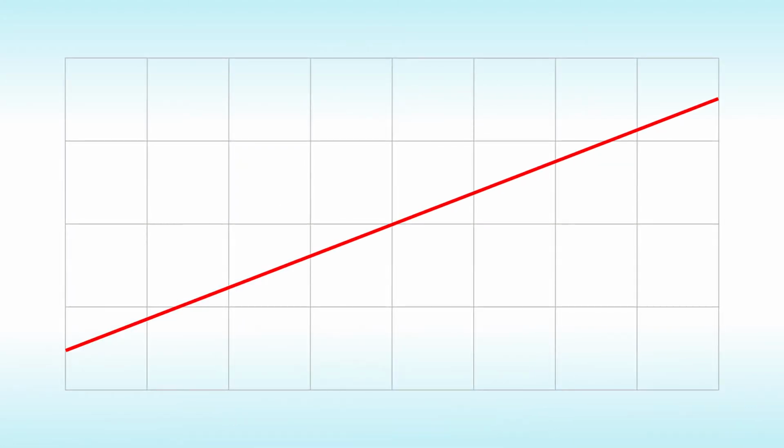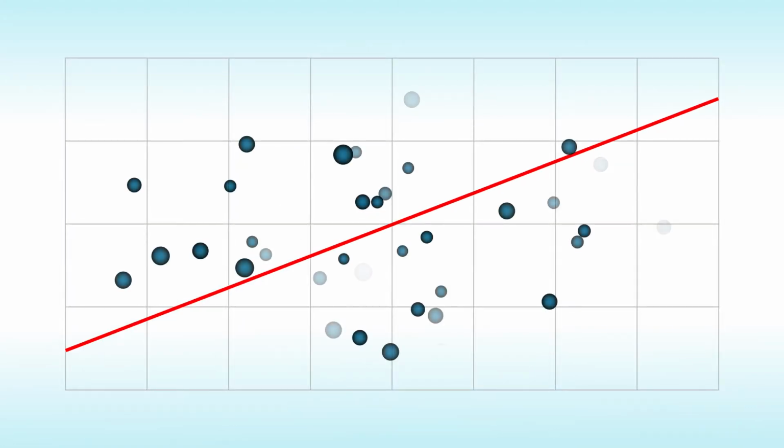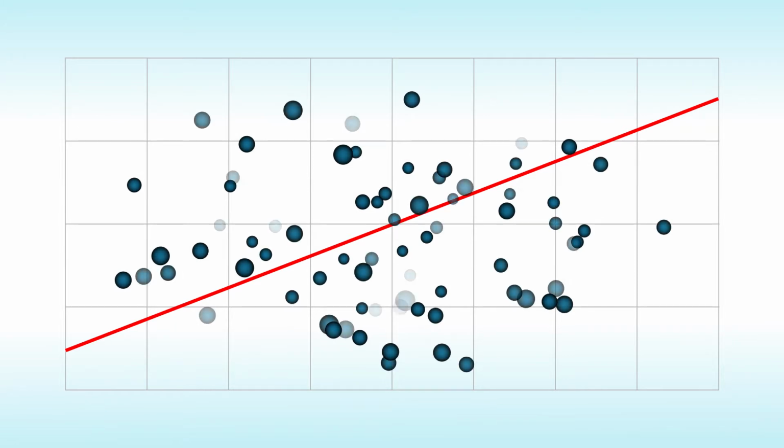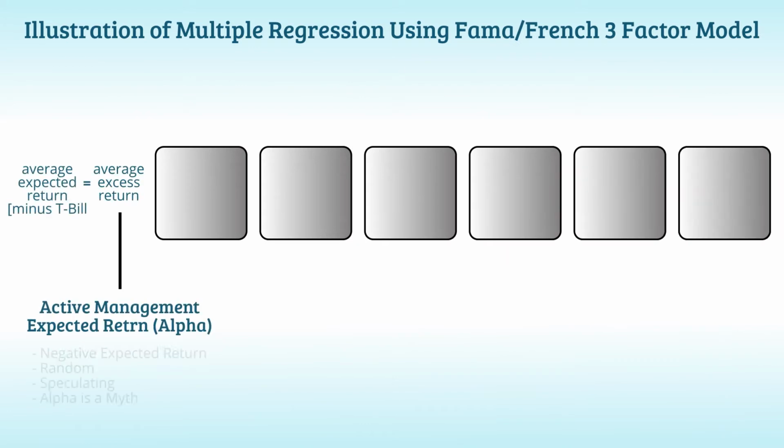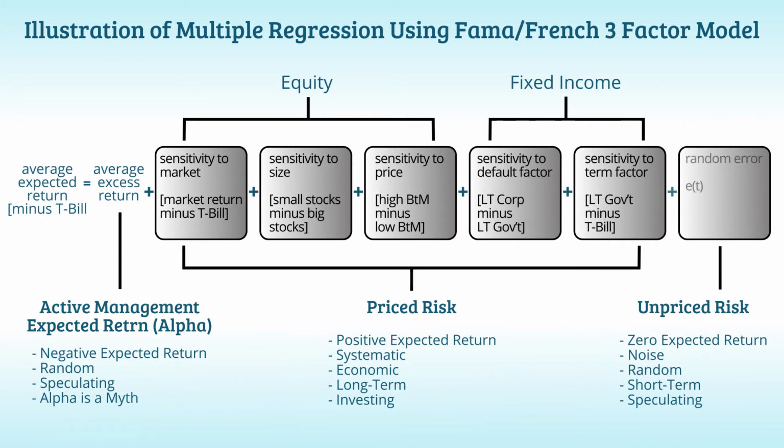So if we can gain an understanding of how much a fund is exposed to these various factors, then we can start to make statements about future performance. We do this through multiple regression analysis. This type of analysis examines the correlations between the dependent variable and multiple independent variables. The question we are trying to answer is, how well do independent variables explain the variation of the dependent variable?